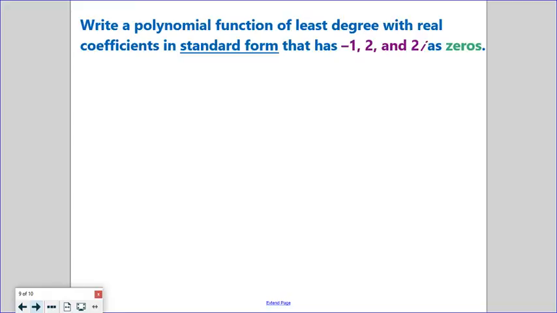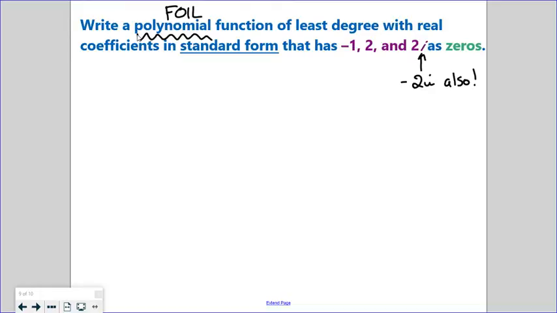You have not seen it with an imaginary 0. So it says write a polynomial, which means at some point I'm going to be FOILing, right? Because that's what polynomial means. Write a polynomial of least degree with real coefficients in standard form that has zeros of negative 1, 2, and this is what's new to us, 2i. And as soon as I see that on my list, also negative 2i